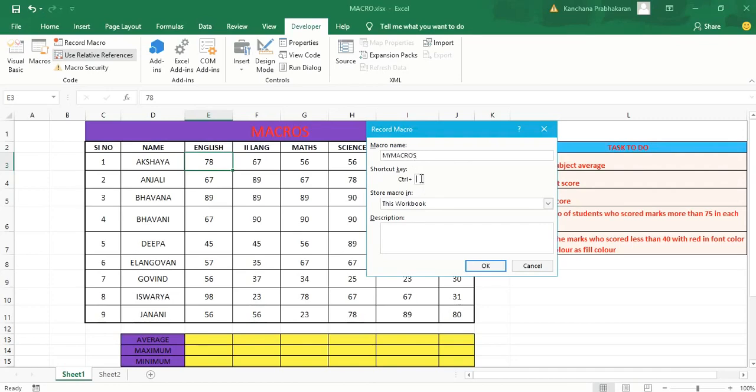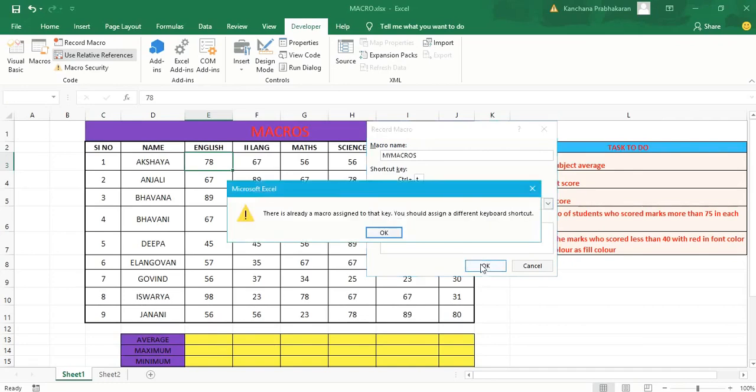Then you can give the shortcut key. You can also define your own shortcut key for the macro. I'm going to give Control T. The next option is Store macro in. You can give the location where the macro is to be stored. I'm going to choose This Workbook. Then click OK.